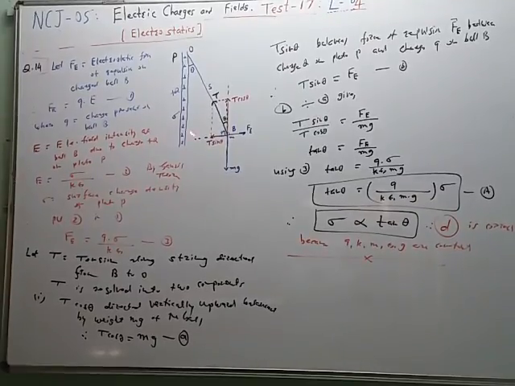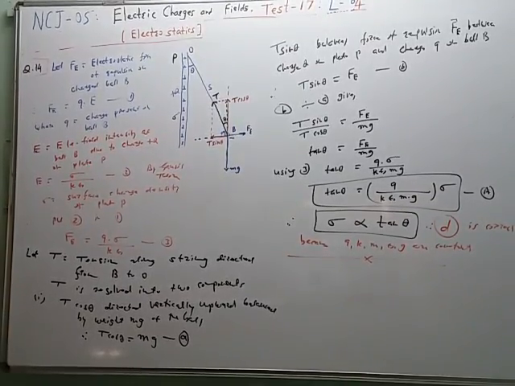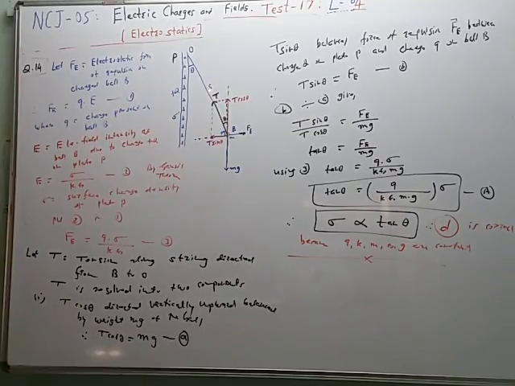So in this case this vector resolution is important. If this angle is theta, then this is also theta. If T is a tension along the string directed from ball to point of suspension O, then it is resolved into the two components. T cos theta is balanced by mg, this is equation A, and T sin theta is balanced by the force of repulsion between the positive charge plus q on the plate and plus q charge on the ball. So force of repulsion is balanced by T sin theta.